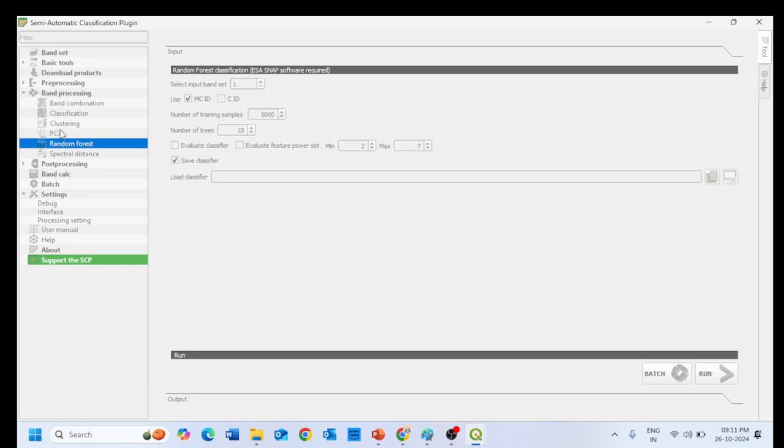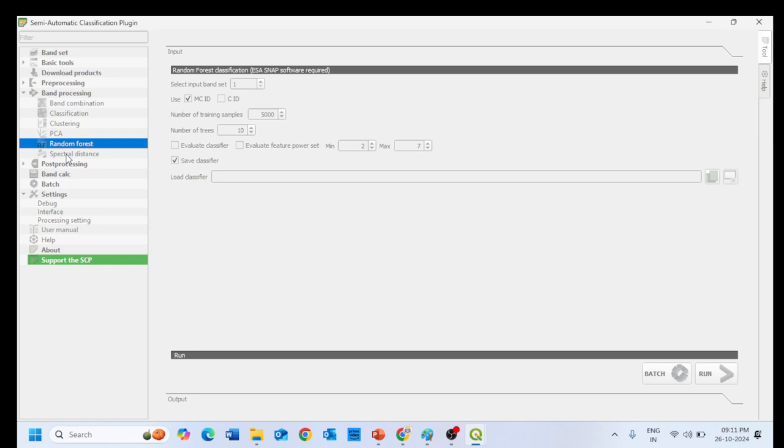This is a PCA we use when we want to highlight a particular class. Okay. Now there is a spectral distance. It is again another classification technique. In spectral distance, it actually does the work statistically. Okay. So it will just create an angle